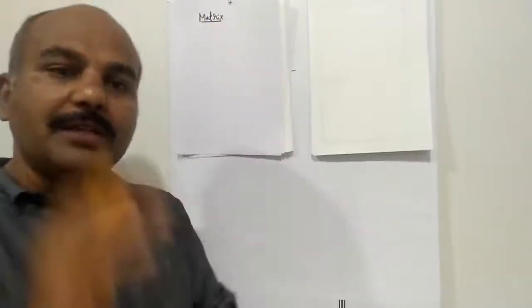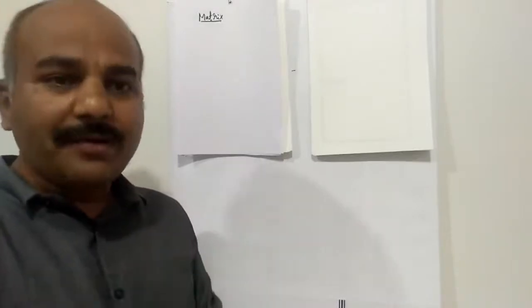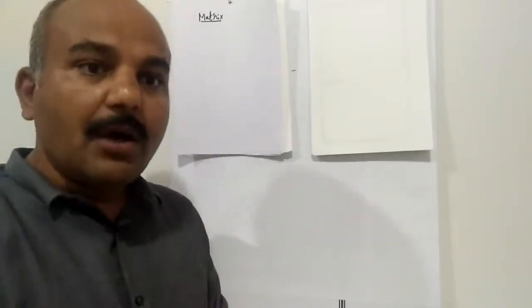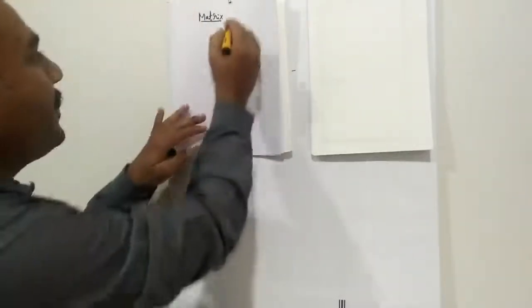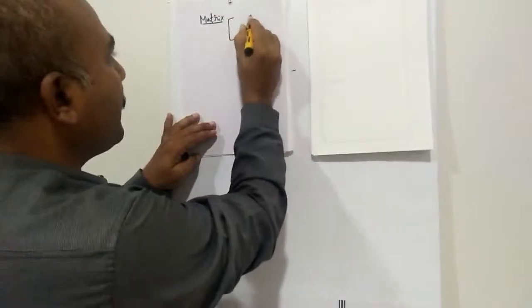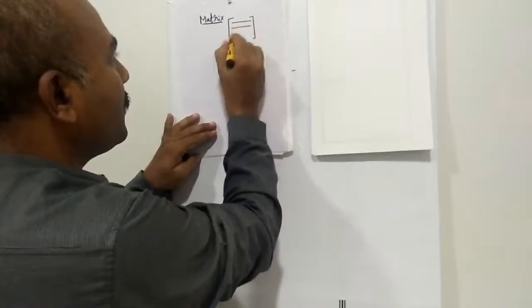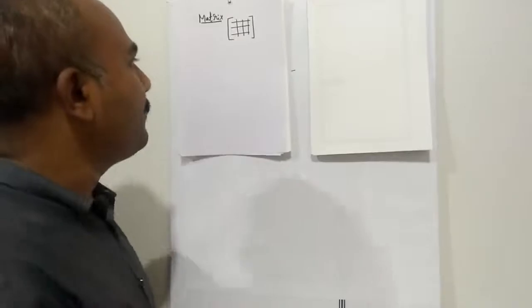When you go for the definition of matrix, a matrix is a rectangular array of numbers or symbols for the numbers. These numbers or symbols are arranged in rows and columns, and the array of rows and columns is enclosed in a square bracket. For example, you can go for any dimension. So these are the rows and these are the columns. Any number of rows and any number of columns may be there.